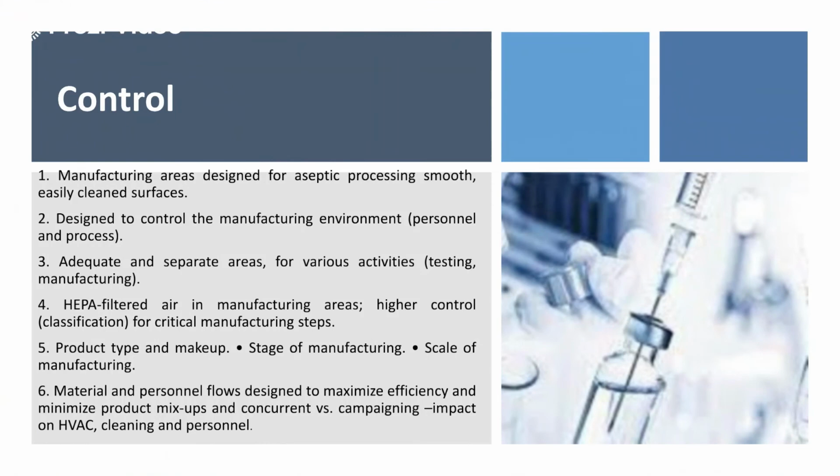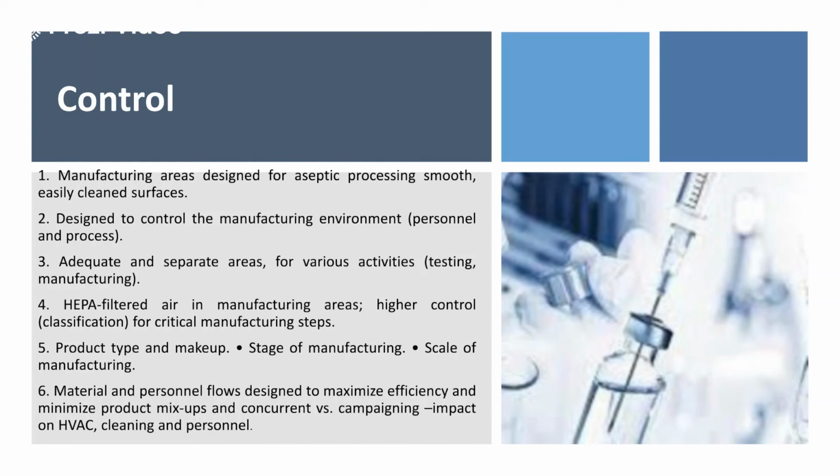There have to be certain controls, certain checks maintained at each and every stage of the processing of the parenteral products. For example, all the manufacturing areas designed have to be completely sterile. They have to have aseptic processing. And this operation is continuously done in order to maintain that cycle. That manufacturing environment is created in such a way that it is totally sterile for testing and for manufacturing. HEPA filtered air is used in the manufacturing areas. So higher level of control, higher sterile rooms are constructed, clean room 1000 or clean room 10,000, to ensure that there is least contamination.